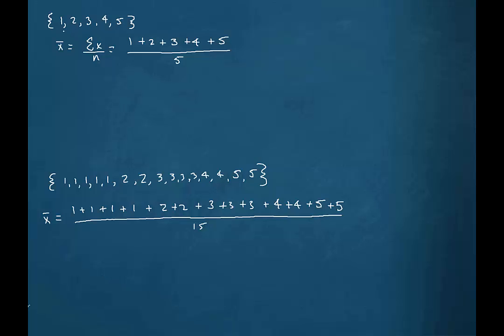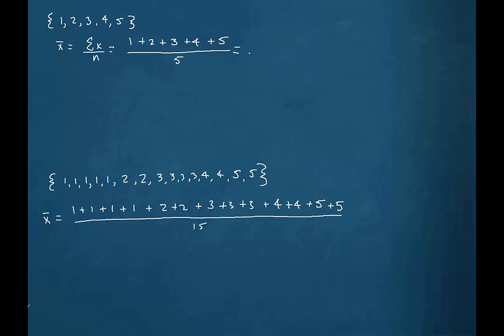Let's suppose we have the data set consisting of the values 1, 2, 3, 4, and 5. In order to find the mean for this set, we would add up all of those x values and then divide by the number of data values that we have. So that would just be 1 plus 2 plus 3 plus 4 plus 5 divided by 5, which we could